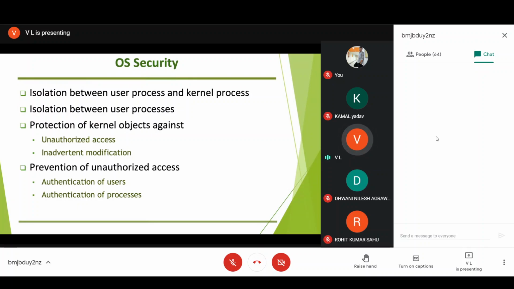Then, one process should not be able to access resources allotted to another process, not just memory. It could be the devices, the page tables, files, network sockets, or any other software or hardware resource which the other process is using right now. And if any kind of access is to be allowed, then this has to be as per the security mechanism implemented by the operating system.